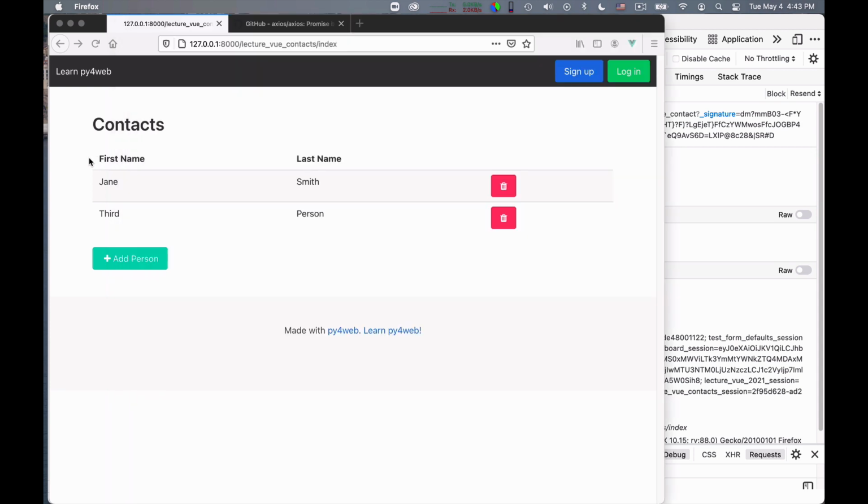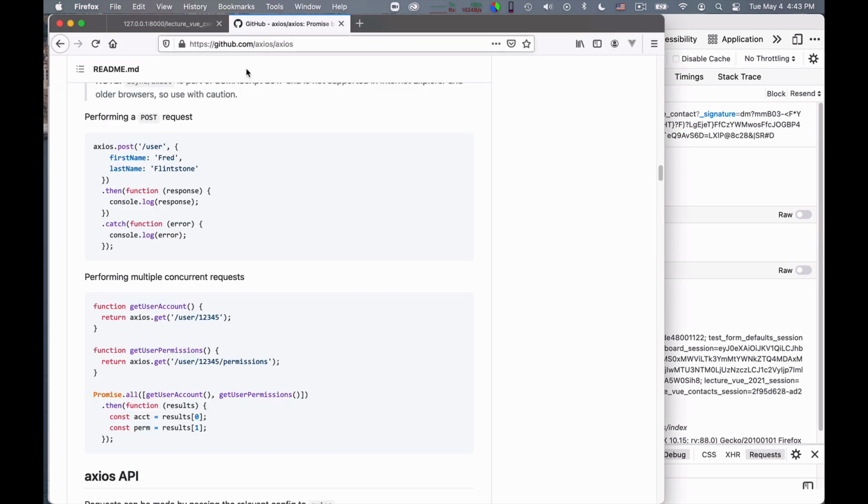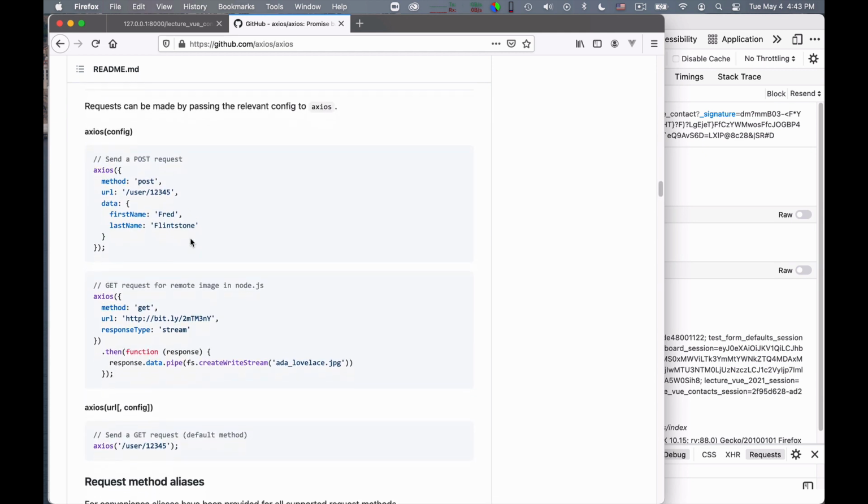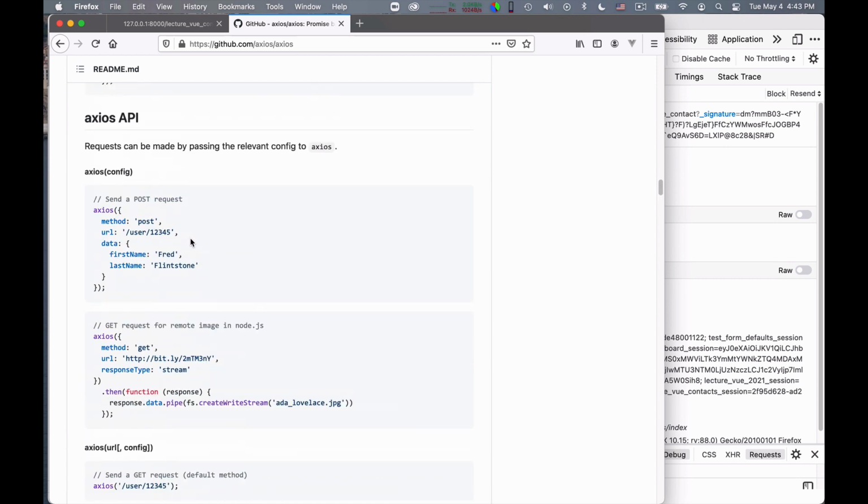So if you look at the documentation, Axios post uses simply a dictionary, but Axios get, if you need to pass parameters, okay, where is it?